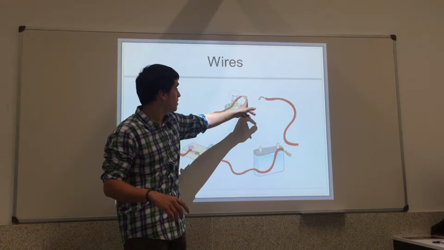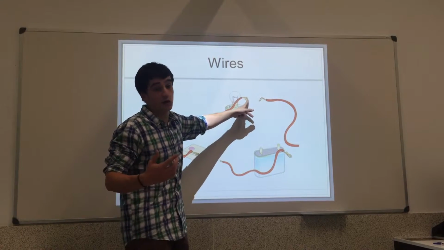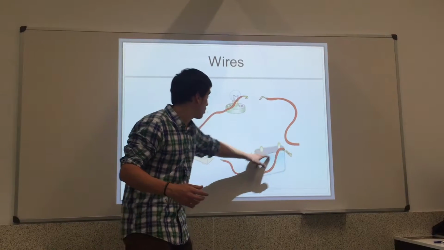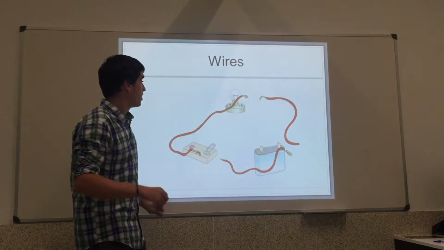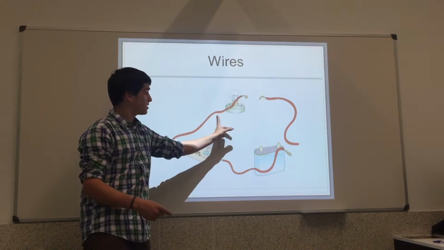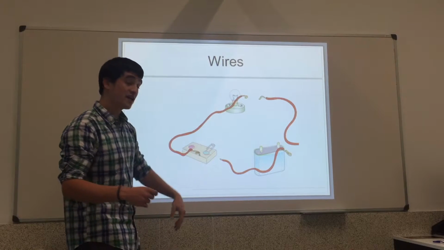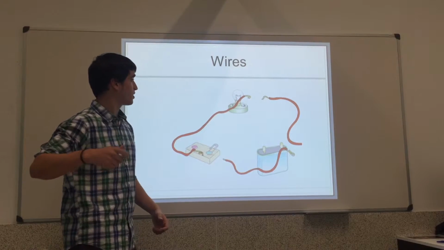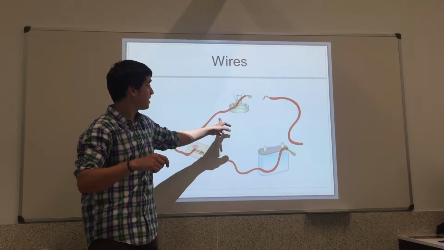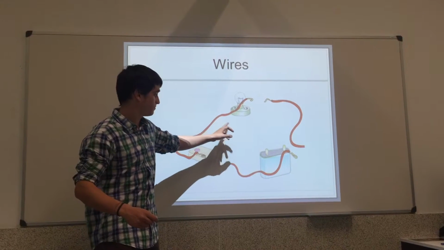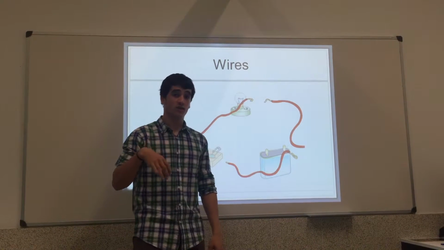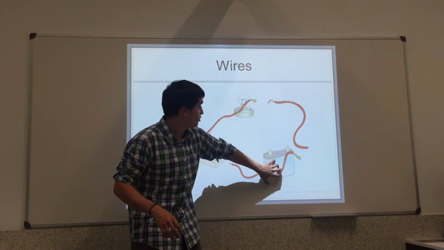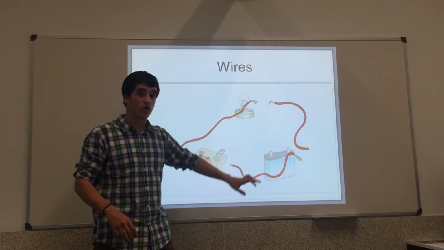The inside of the wire is made of copper, which is a conductor, so that the electricity can go from the generator through the copper all the way to the light bulb. And the outside of the wire, which we can see here in red, is an insulator. So when we take the cable, it doesn't shock us with electricity, because plastic here is also an insulator. And just so you remember the concept we saw before, the movement of the electricity from the generator to the bulb is what we call